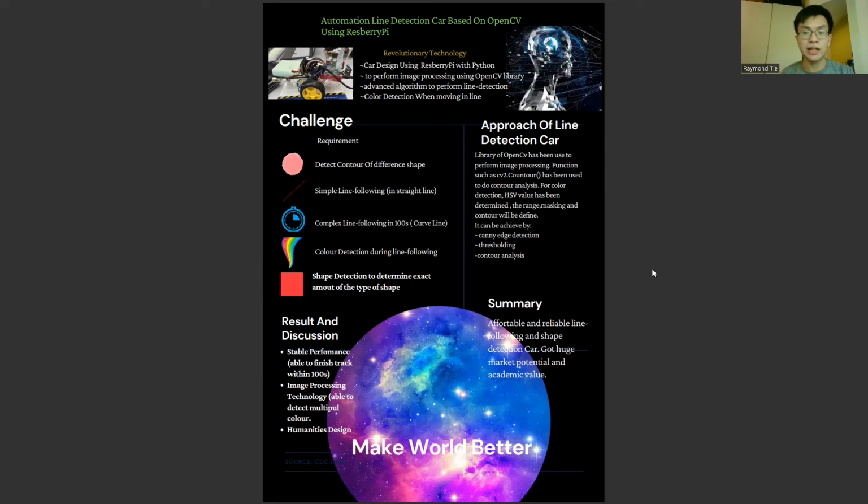In my opinion, it has huge market potential and academic value. For example, line detection technology and shape detection technology can be used in several fields like the automation car field. For example, car manufacturers like Tesla and General Motors can use this technology to build automated cars. I think this project can be learned and redone by other colleges or